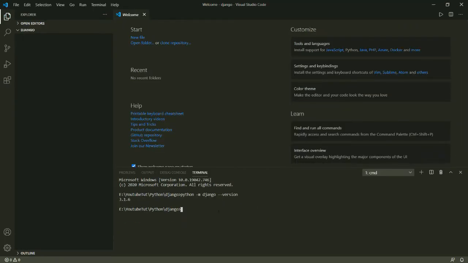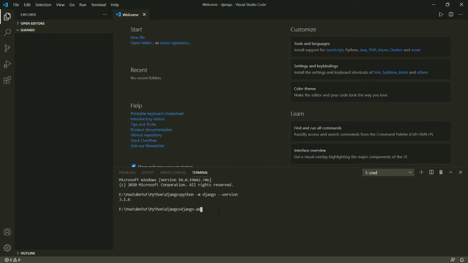Now, in order to go along with Django, we have to create our project folder, the admin project file. For that we have to write, sorry, not python, we have to give it the name django-admin.